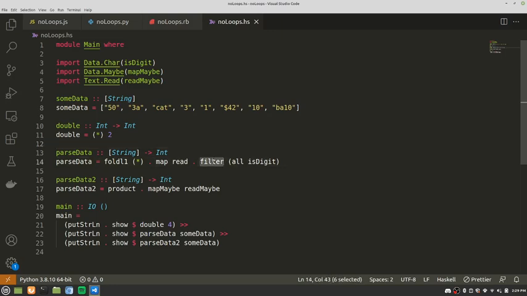In this case, it's going to filter these strings by using the all function, which looks at the string and sees if all of them are digits, basically. And it's going to read those into integers, and then it's going to use this foldl function, and that's basically reduce in Haskell. And then another way you could do it is using maybe. So readMaybe,